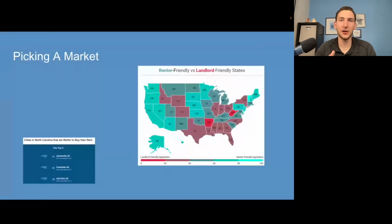Now, let's talk about picking a market. Those are the strategies, but how do you pick a market? You definitely want to pick a market that is landlord friendly, okay? It's great if you're renting to live in a renter friendly state. You have a lot more protections. But if you're investing your hard-earned cash, if you're investing in an asset, you want to be as protected as possible. So I have a graph over here, and those red states are the more landlord friendly states, and that's